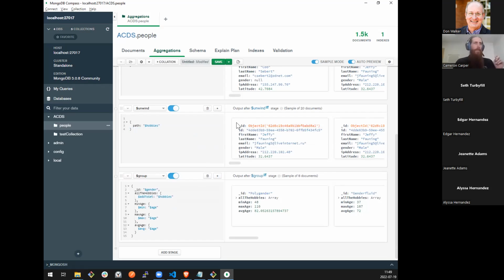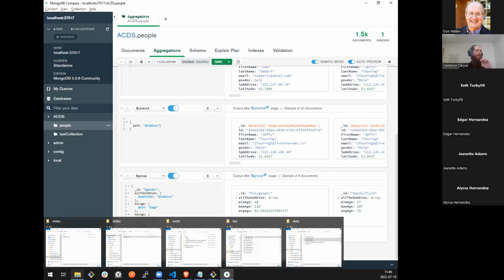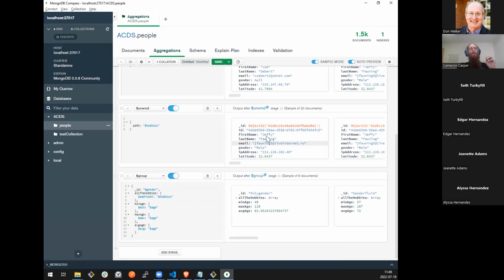All right. So fitting it on screen is going to be slightly difficult, but you should be able to at least get a feel for this. And I wonder if I still have room with 3T. We'll be able to tell based on the ID field that we've taken one document and exploded it into multiple documents. Originally, Jeffy Founding with ID 4DDE had an array of hobbies.